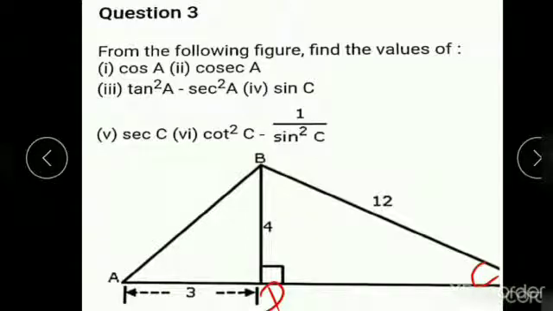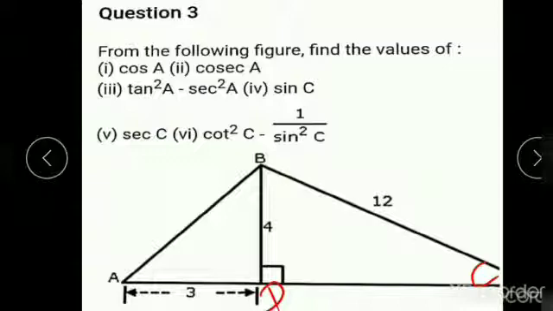Now we have to find out the one more side of the triangle BDC, right? Here you know BC and BD and you have to find out DC. Here you have to use the Pythagoras theorem, that is hypotenuse square BC square will be equal to the sum of the squares of the other two sides, that is BD square plus DC square. You have to use this formula and find out DC. Here you have to find out which is the perpendicular, hypotenuse and base with reference to the angle C.